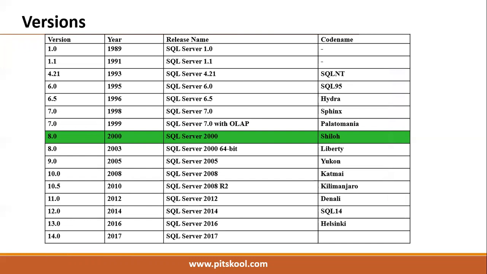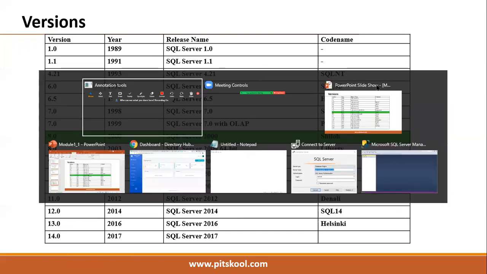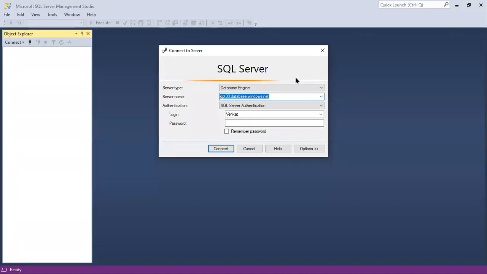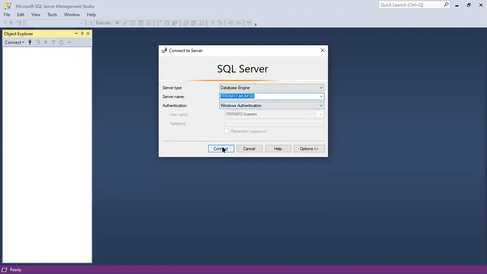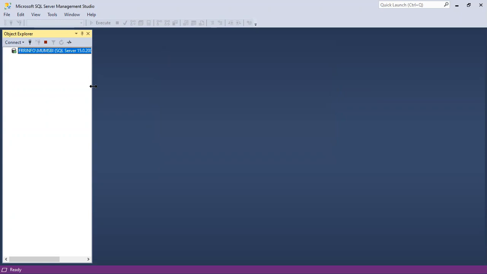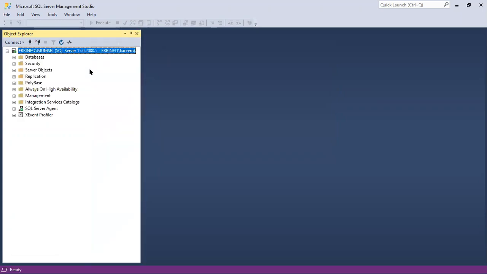Check here, I'm connecting to SQL Server through SSMS. Let's say I'm connecting to some server, connected successfully. Now we can start working. Tomorrow in the organization, as we have already seen, the total setup is there with us, and our job is to start working with the setup.